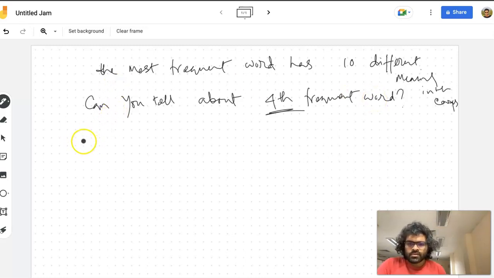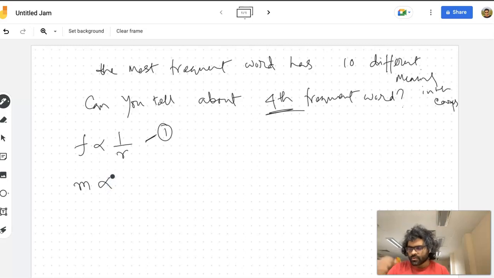So we know that from the Zipf's law, F is inversely proportional to rank. Okay, but there is another extension for this formula, which talks about, this is the first one. And the second one is related to this M, the meaning. So the meaning is proportional to,